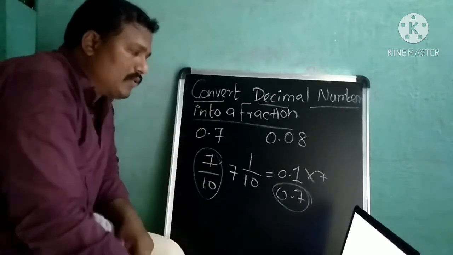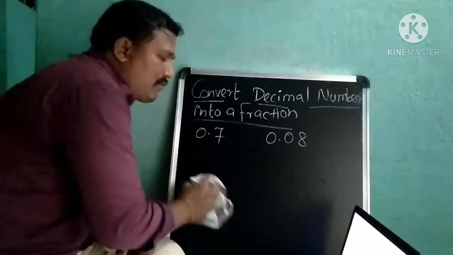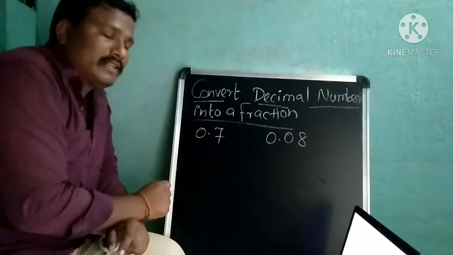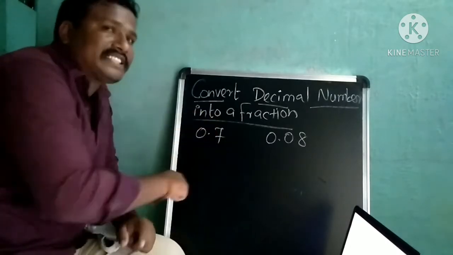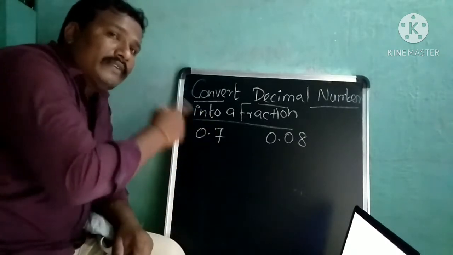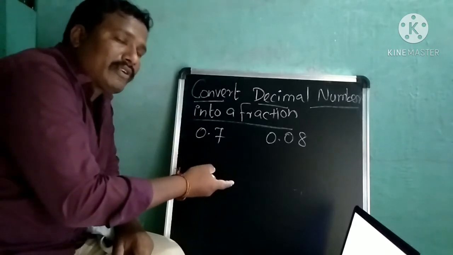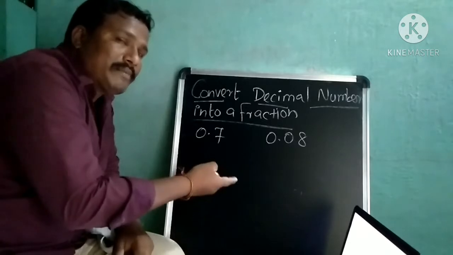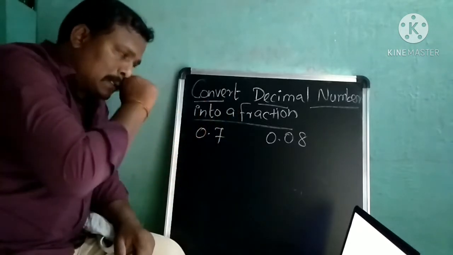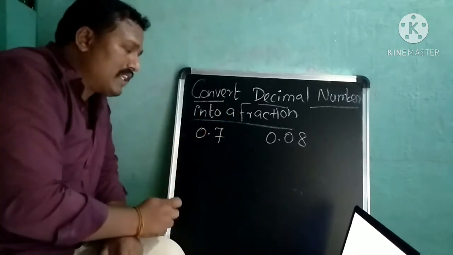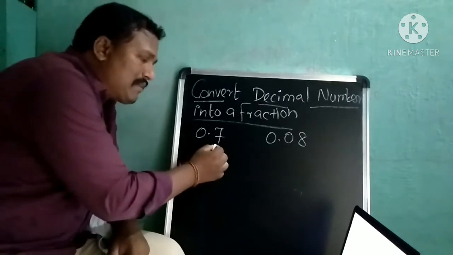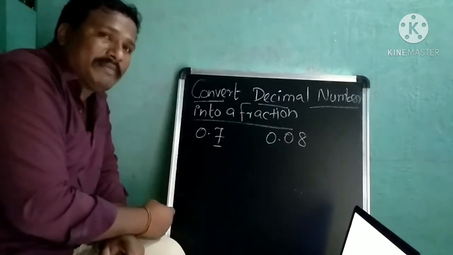Now in this video, we are going to talk about the decimal number. Now we have to convert it into a decimal fraction. Before, we converted a decimal fraction into a decimal number; now we are going to discuss converting a decimal number into a decimal fraction. As per that, you know very well, how many decimal places are there? Only one decimal place is there.